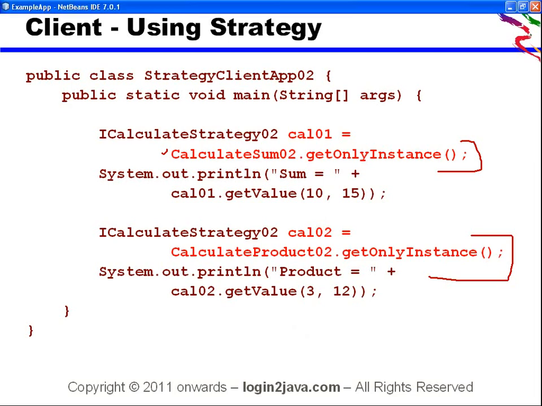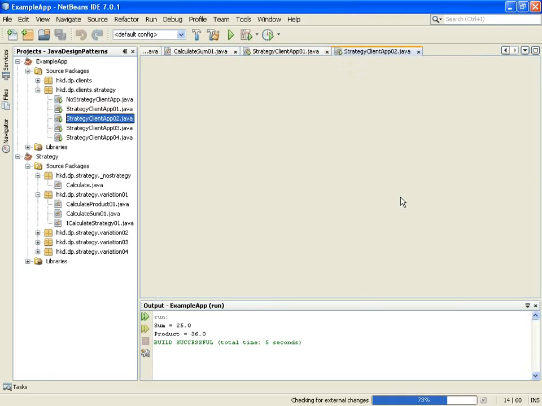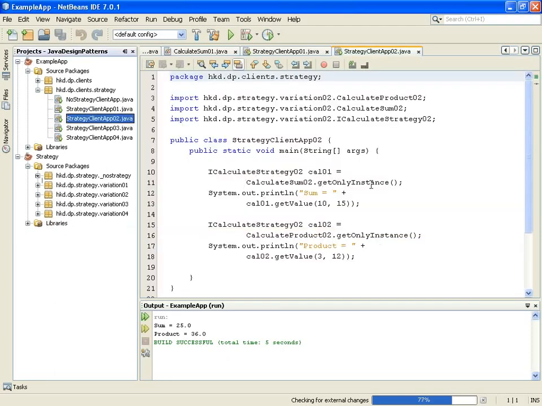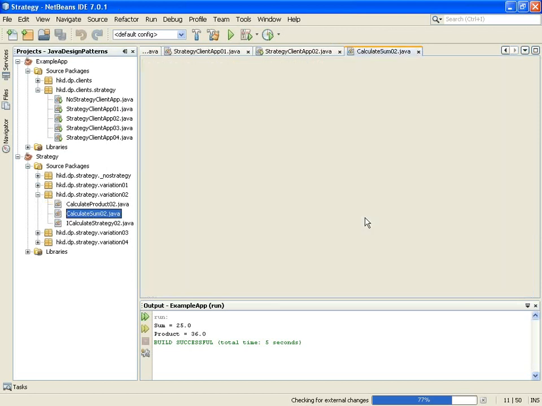So let's see this example working. This is our client strategy 2, where we are using the only instance, and we have singleton implementations for the strategy CalculateSum02.